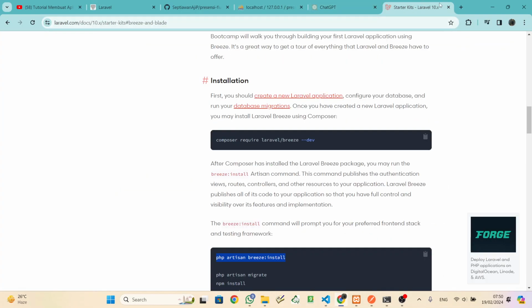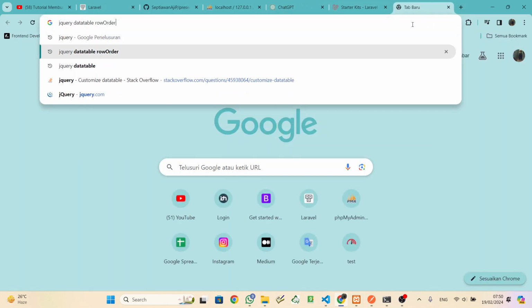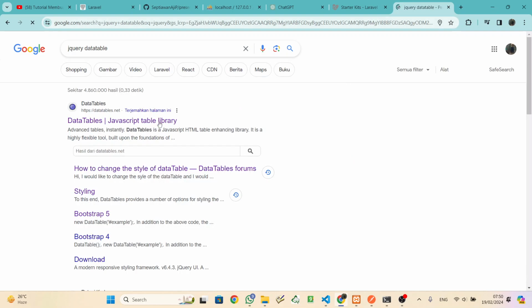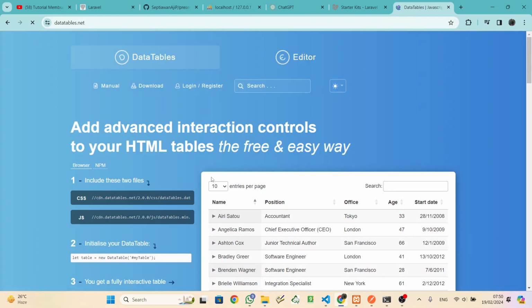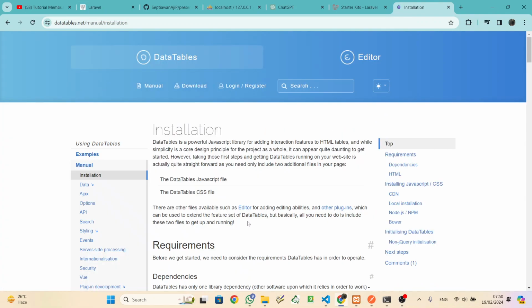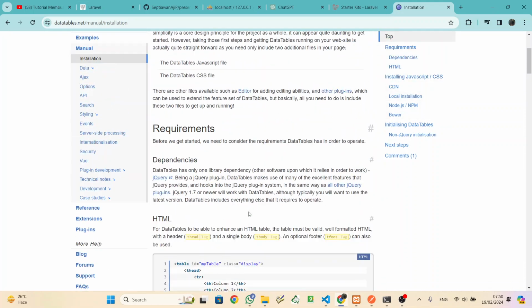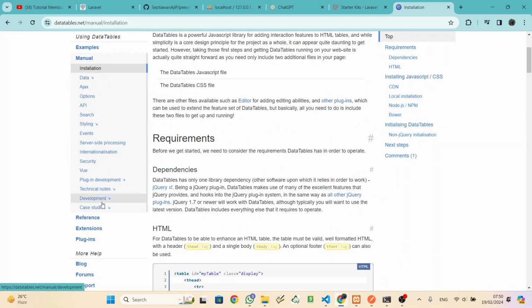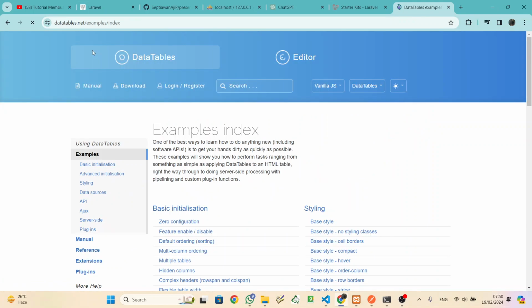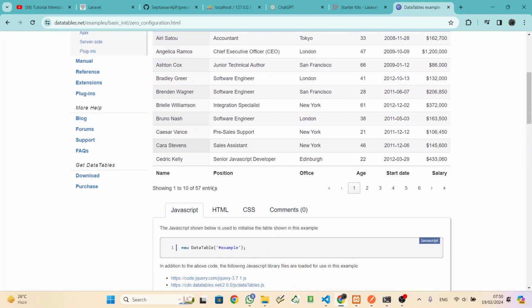Or here you can open jQuery DataTables. There are a lot of kinds of data tables, but I use here, at the example, open examples, and then zero configuration.